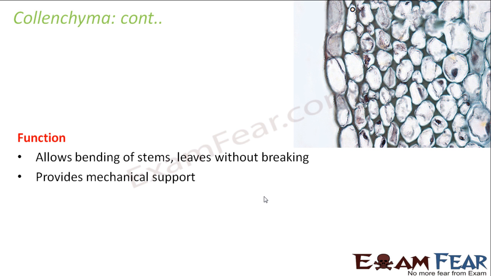So if you look at this picture, this displays a collenchyma tissue. This is how it looks when viewed under a microscope. If you see, the cells are quite closely packed to each other, with not much intercellular space between them, right? They are also thickened at the corners. If you see their corners, they are quite thickened there, right? Okay, so that was all about collenchyma.